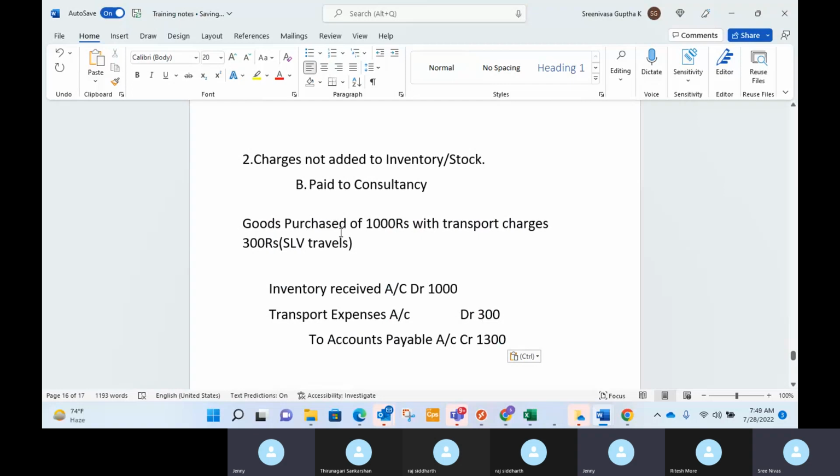So here it is simple. Since you are not bearing the charges, you directly, I mean, you are paying the charges, but you are not adding it. You do not want to add it to the inventory, and you'll be directly paying it to the consultancy. So let's say, for example,